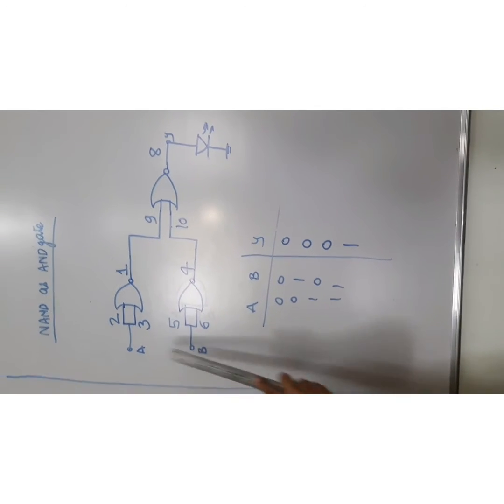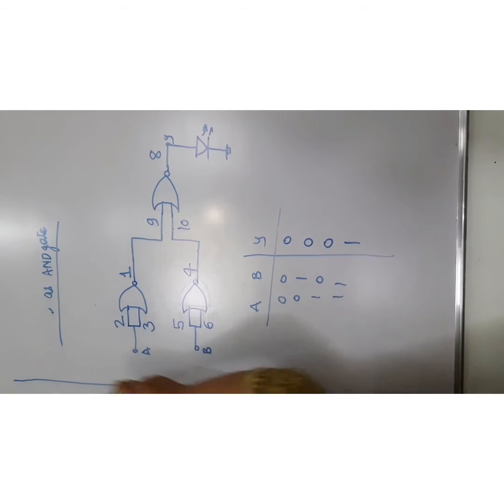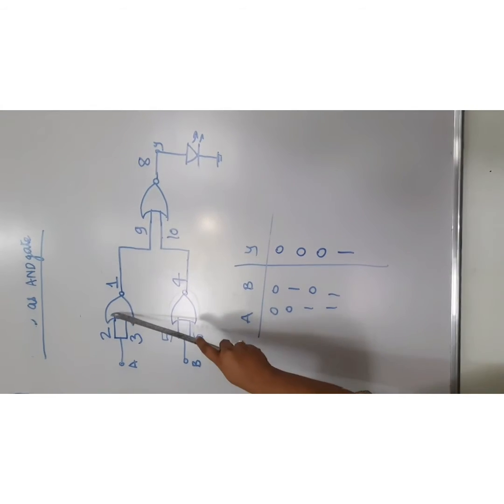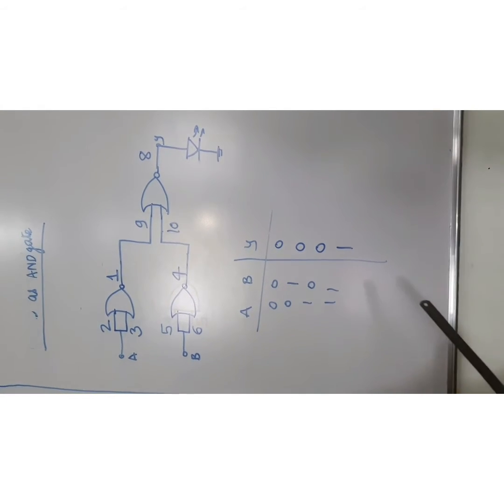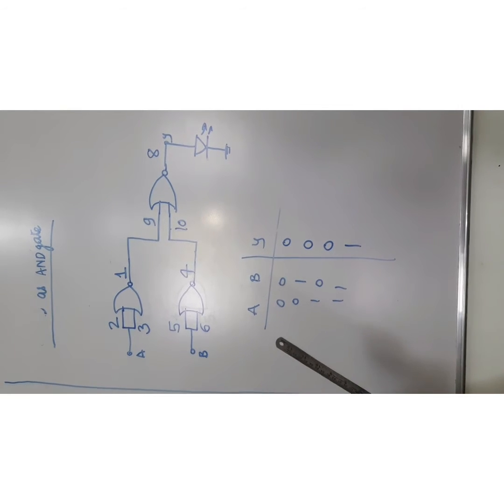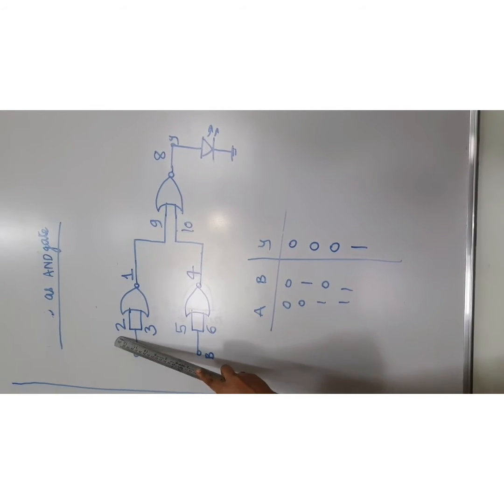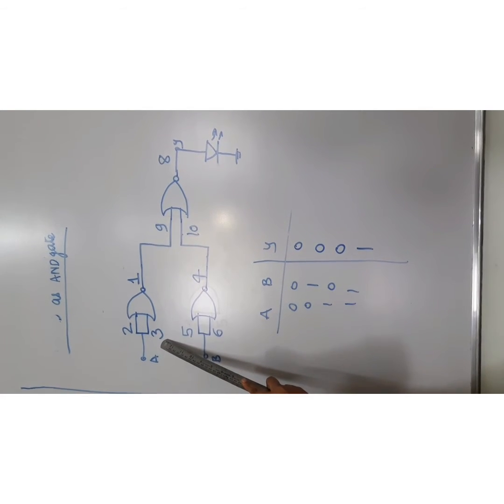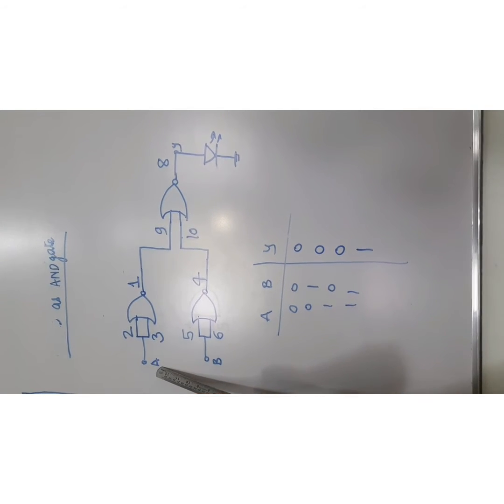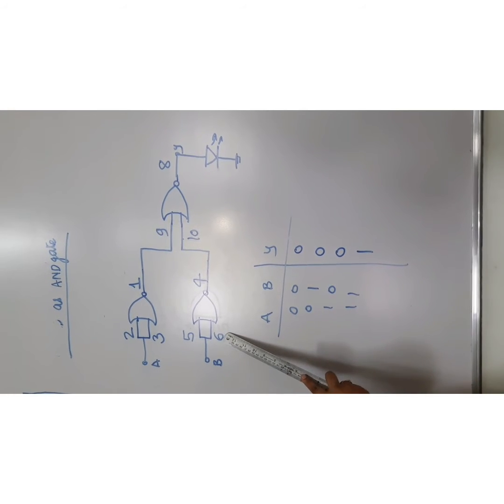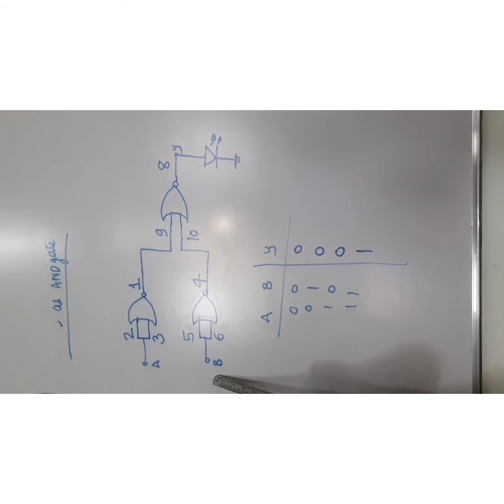Configuration of NOR gate as AND gate. So in this pin configuration you can see we need 3 NOR gates. Now in a single IC there are 4 NOR gates, out of that we are going to use 3. So at pin number 2 and 3 we are going to short it and take out input, that is A. Pin number 5 and 6 we are going to short and take input B.